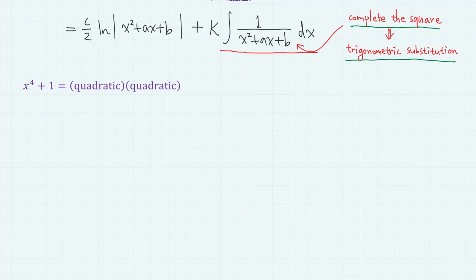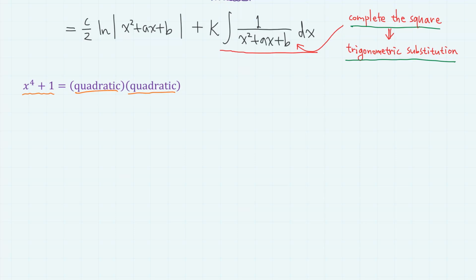In order for this method to work, we should be able to factorize x to the power of 4 plus 1 into two quadratic polynomials. But x to the power of 4 plus 1 is not factorable, so how are we supposed to do that? Well, it is not factorable if we limit the coefficients to rational numbers, but if we include irrational coefficients, then